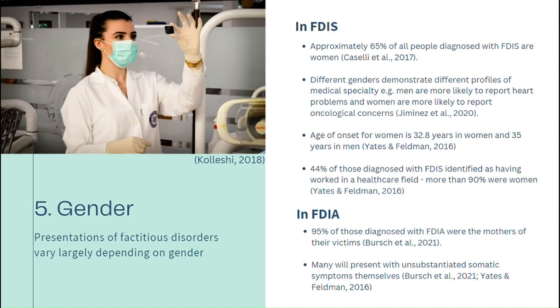So gender plays a very important role in the presentation of factitious disorder. Most of the people who present with factitious disorder typically are women. However, in FDIS, there are men who also present with this condition. However, in the case of men, they will present with a slightly different set of suspected conditions. They will claim that they more likely have something like a cardiac problem, whereas women are more likely to claim problems that are psychiatric or oncological. There are a few that women are more likely to claim and men are more likely to claim.